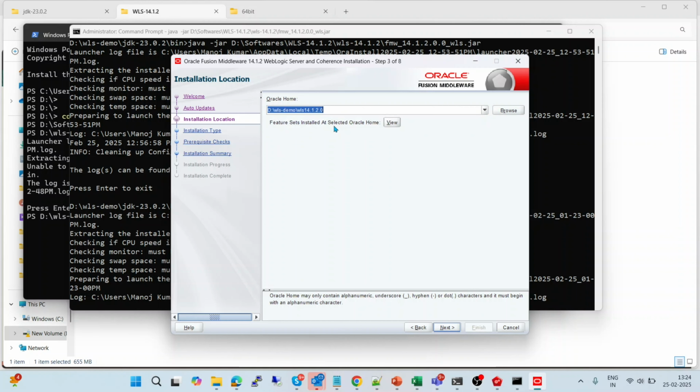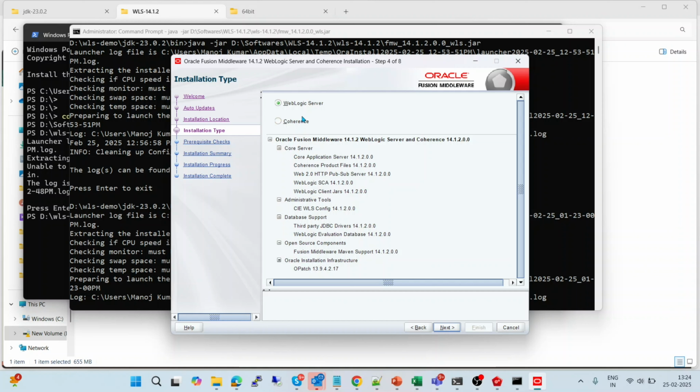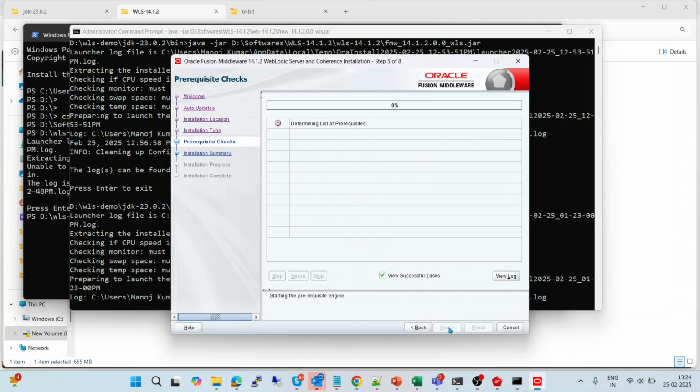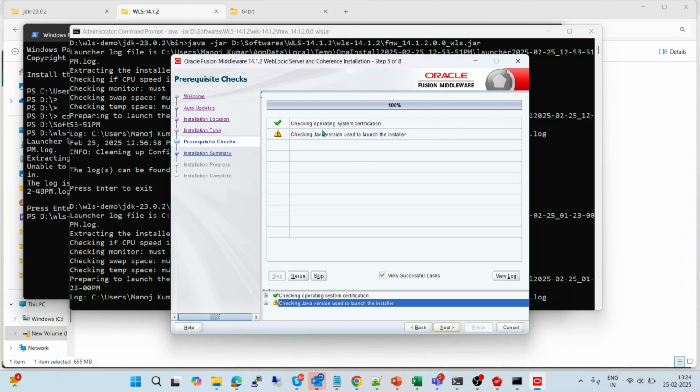Okay. So I'm going to use a new path this time as an Oracle Home for installation of our Oracle binaries, and we will go to the next page. Here you will see the WebLogic page. It is asking for the option of which binaries or software you want to install, WebLogic or Coherence. So we are going with the WebLogic server install, and it is checking the operating system prerequisites and Java version